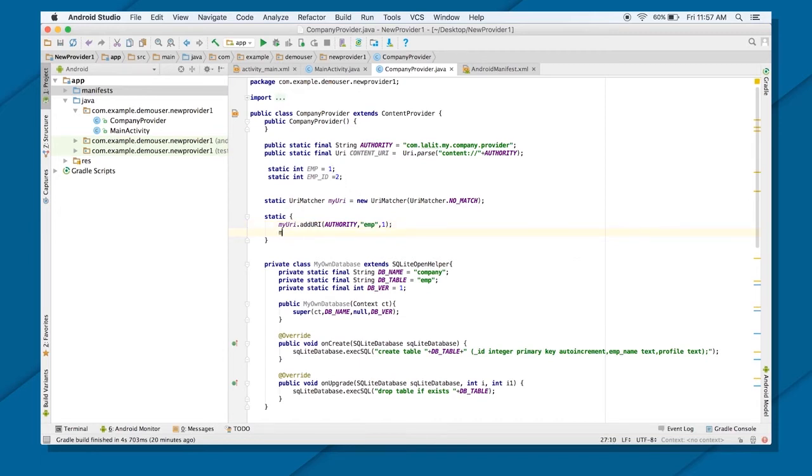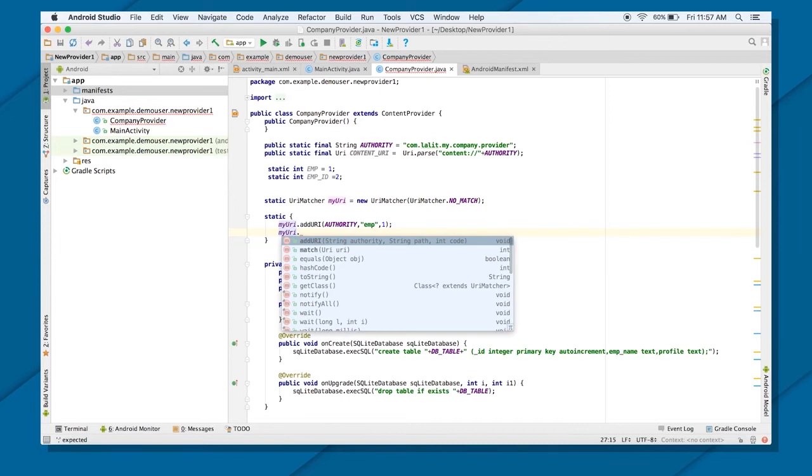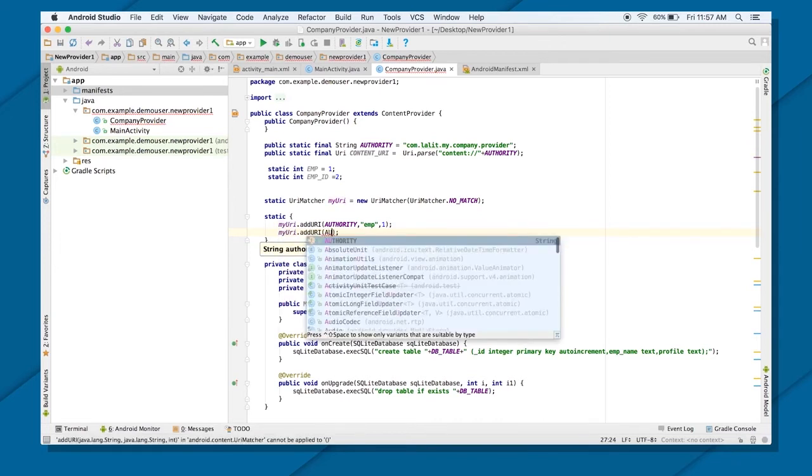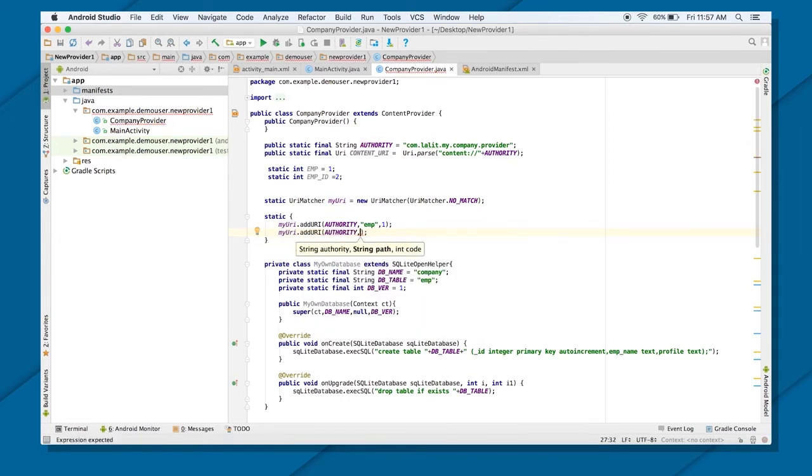I'm providing one. Now let's say I want to access a particular row inside that. Again, I will put authority, and this time it will be EMP slash hash. Now I'm putting 2, so this is EMP ID, as you can see.